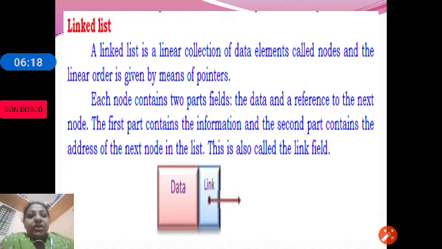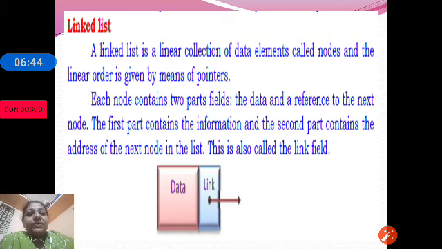In the memory, where exactly the next node is available, that address is stored in the link field. The first part contains the data or the information, and the second part contains the address of the next node in the list. And the address part is also called next or link or next address.